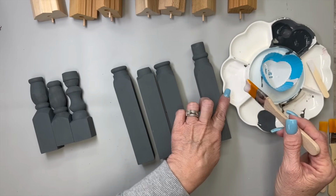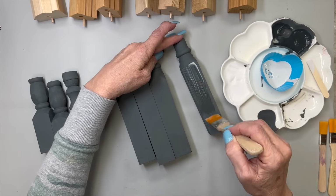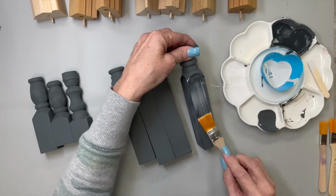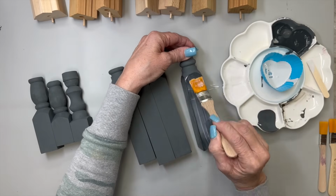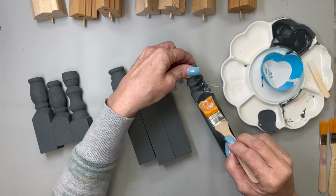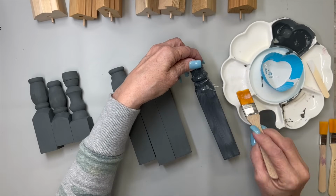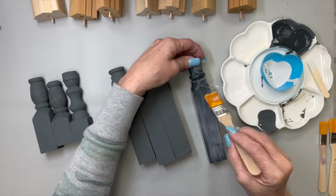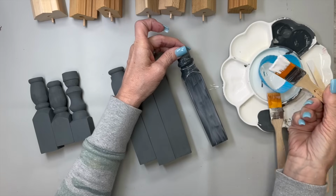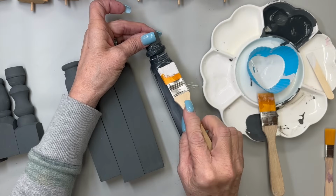I'm going to put a good thick coat of Elmer's glue on here, and in case you don't know this trick, wherever you put it thicker, your crackle is going to be thicker, and you need to put your paint on while the glue is still wet. So I'm putting it all over this spindle, and then I'm going to go in with vintage linen. Now I put it in this little silicone cupcake liner, and I'm getting quite a bit of paint on my brush